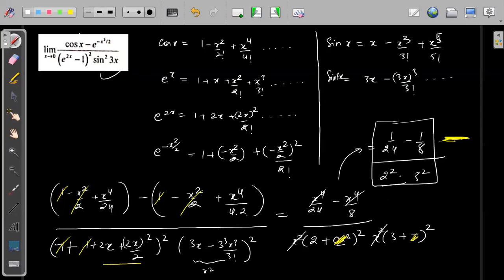Everybody understood what I did? If you want to solve this once again, if you want to copy this, you can just copy this. I will give you 1 minute. Just try to solve this once again by yourself. Okay, just copy this. Yes, it will become easier. Just try to copy this one.